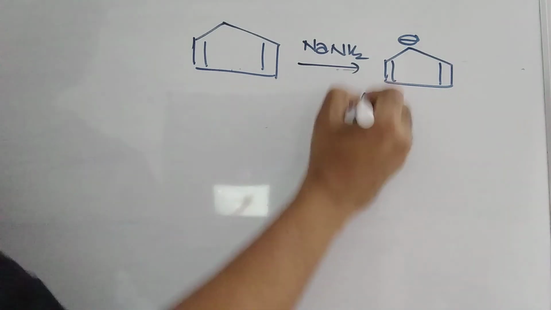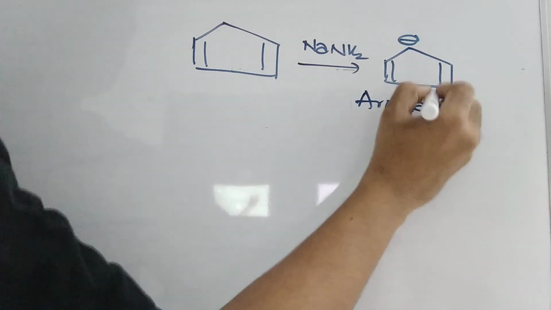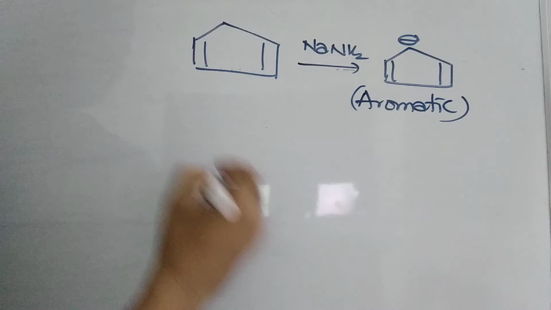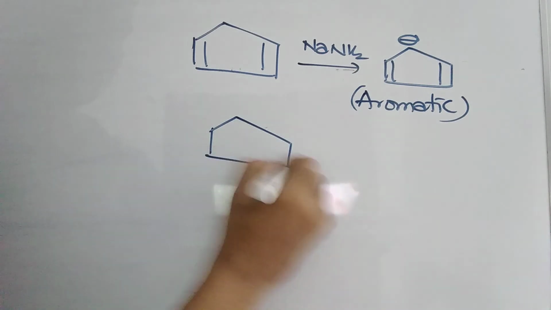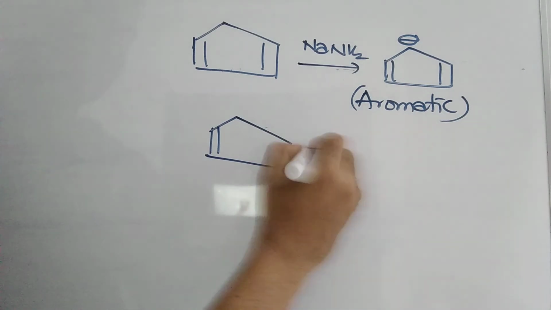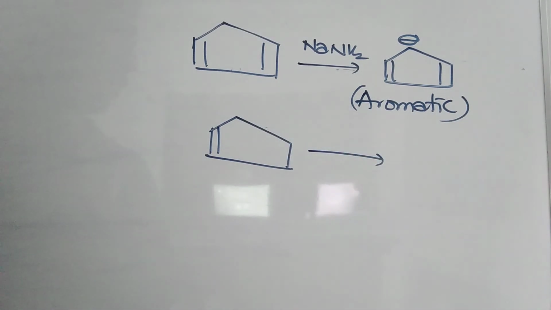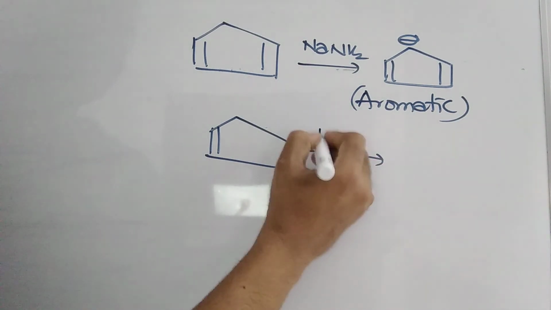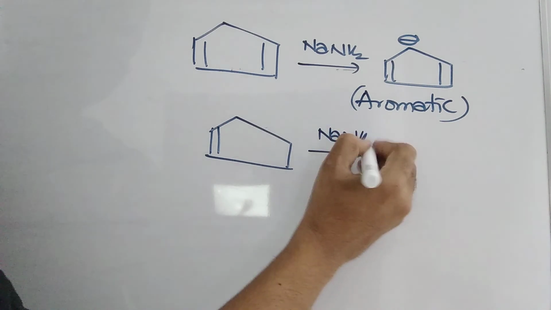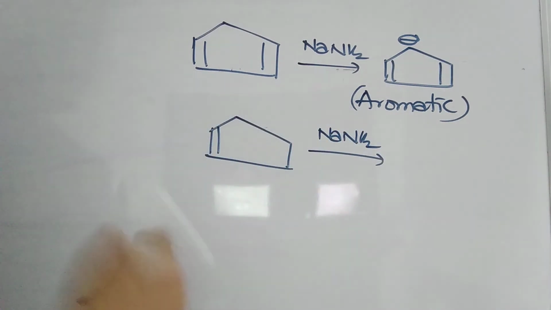Exactly, this is aromatic. So formation of this will be much easier. When you are using only cyclopentene like this, okay, now with only cyclopentene when you are using NaNH2, there is no use of this. Even if you are taking a proton from here, there is only one resonance, but this is aromatic. So it readily forms. Whenever a compound is turning into aromatic, that is going to be a highly feasible reaction, you can say. That is one point.